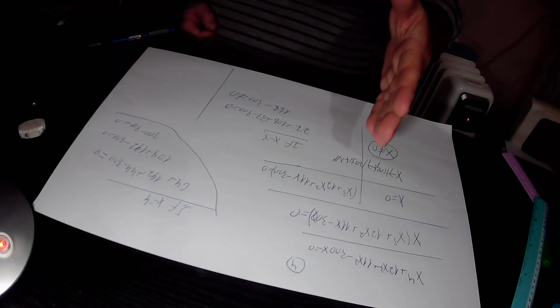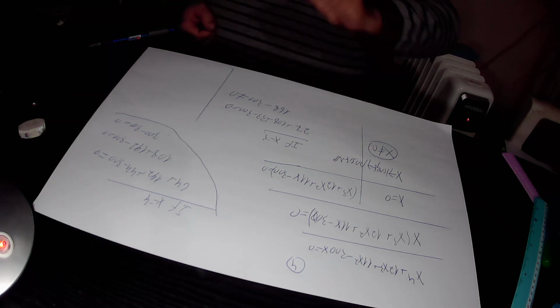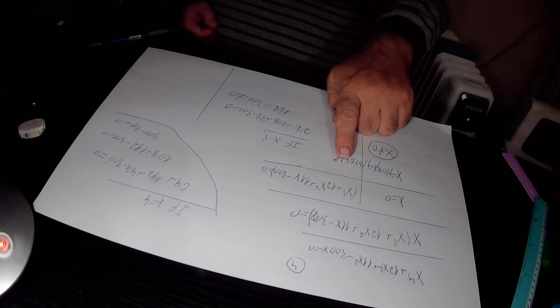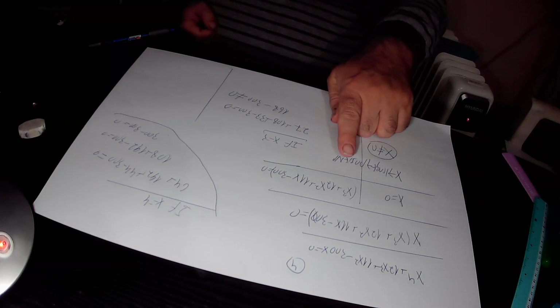Therefore, x can never be equal to 0, but it doesn't solve this equation. In the next step, we check if x equals 4 solves this equation. If x equals 4, then x cubed is